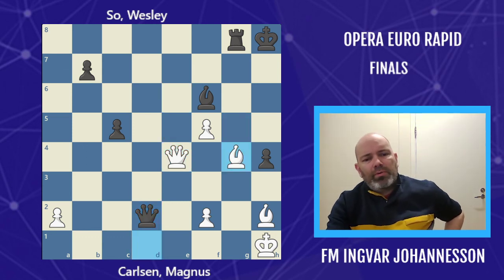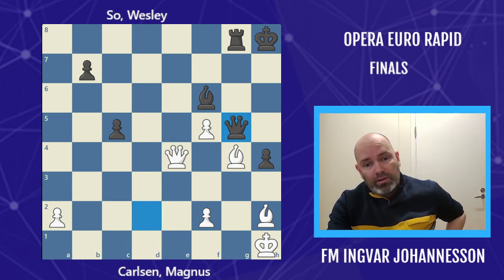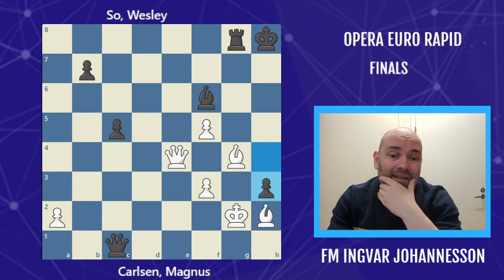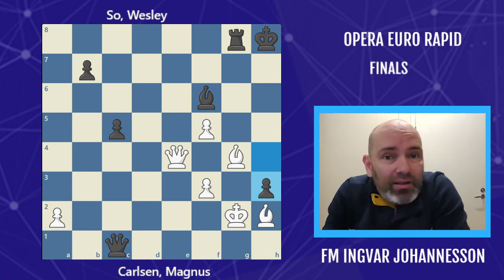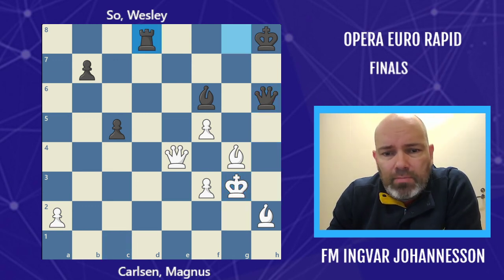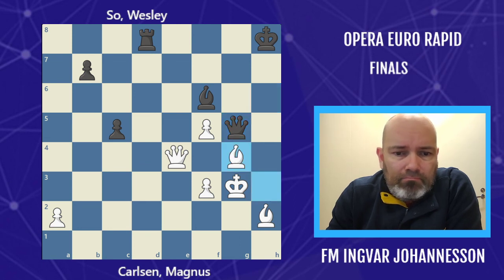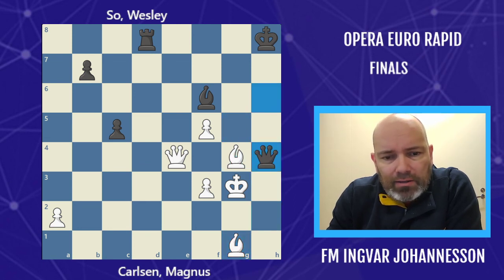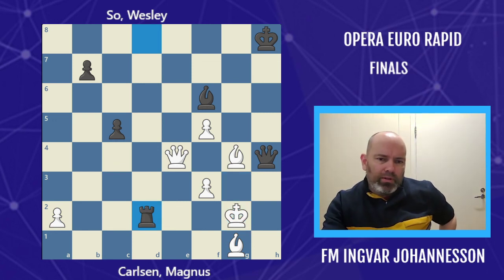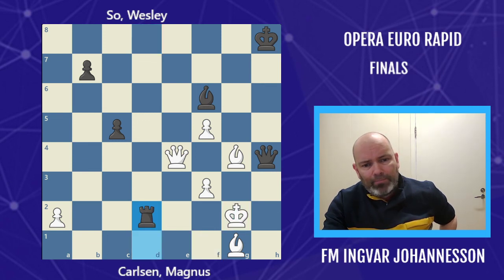Queen d2, bishop g4, hitting the bishop, protecting it, and now h3, opening up lines to facilitate a perpetual check. King takes, check. Now the rook comes into the game, and Magnus can't really try anything. And after these moves, rook d2, well, black is actually winning if he wants. But Wesley only needed to draw, so he took the safe route here and gave the perpetual check and won